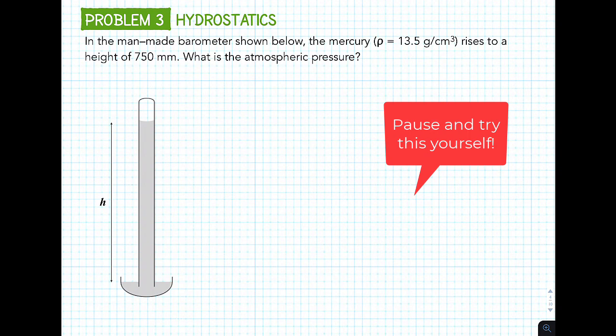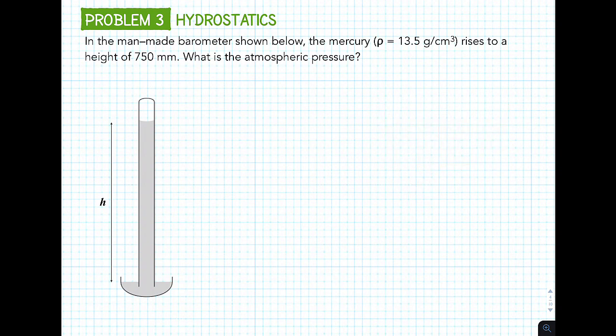Okay, so this problem is a little bit of a variation from the previous example, but it's the same basic principle. We're still going to use this gauge pressure equation, which is pressure is equal to initial pressure plus this depth part, right? So that's all the fluid on top of you that creates pressure. So in this case, we see that we're still open to the air, but we're open to the air down here instead of right here. So that's a little bit different because remember, we're always going from the top to the bottom because this is depth. D is for depth, okay? So we want to figure out what the pressure is right here.